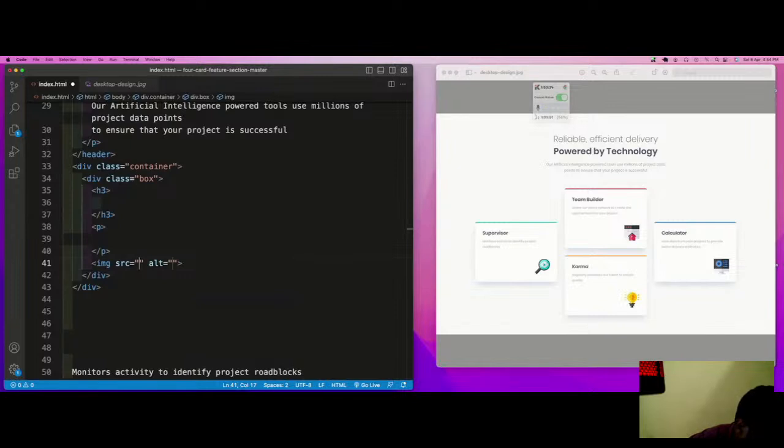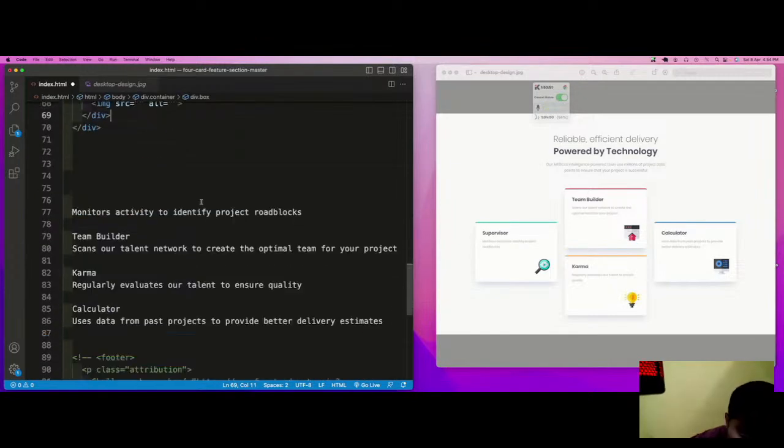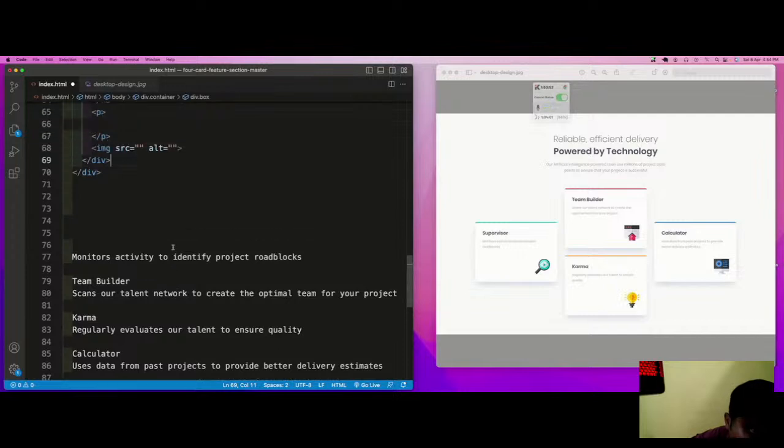Okay, so what we do, we will make it Control C, Control V, Control V, and Control V. Now immediately put the content here.